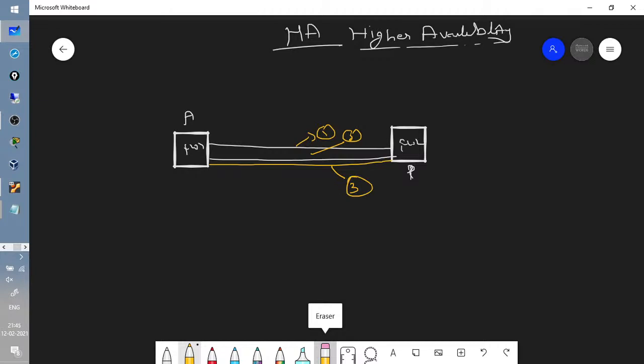Again, in the active-active mode, both of the firewalls are now active. In active-active mode, your first link and second link will perform the same task. The first link would be your control plane link and the second link would be your data plane link. Now let me talk about the third link, which is the HA3 link. Basically we are using this third link for